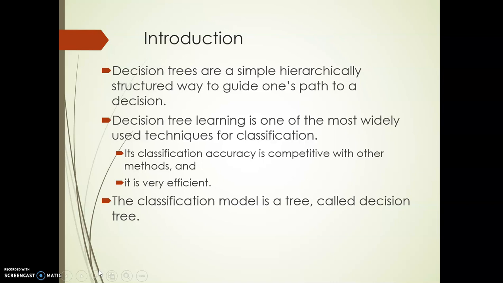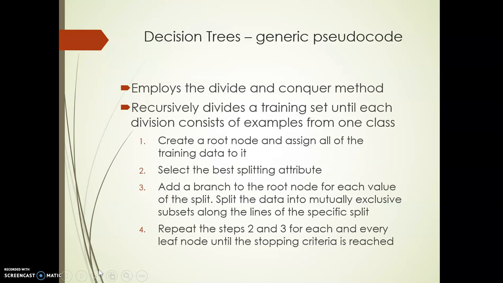So the decision tree is one of the most widely used and efficient methods for classification as well as for taking a decision. The model which is based upon the data available with you, with the previous decisions that have already been made in different scenarios, such a model is called a decision tree. So how does it actually work? It divides and conquers all the data available by considering each class of data with the different categories here.